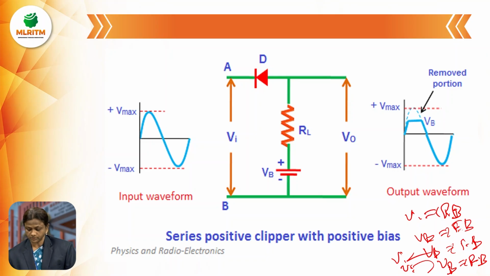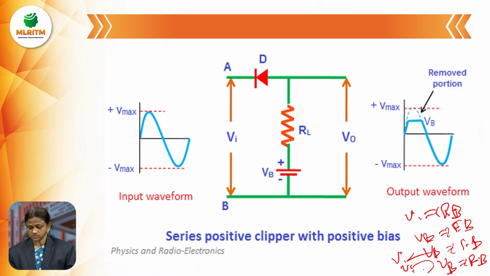Here VB is nothing but a positive voltage. So here, the reference voltage VB is considered above the x-axis. This is nothing but the VB line or reference voltage line. Whenever VA is less than VB, the diode is in forward bias, and whenever the diode is in forward bias, you can get the corresponding output. So, from the x-axis up to VB only, you can get the corresponding output. That corresponding output must be denoted by a thick line.